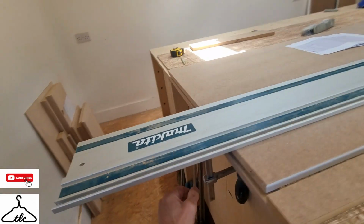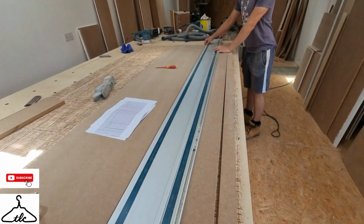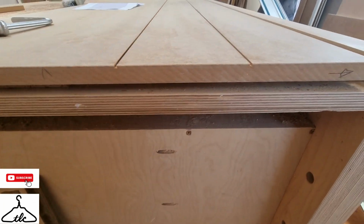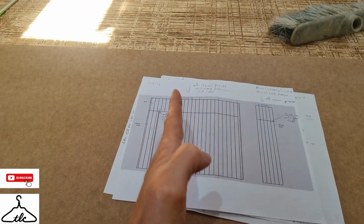So, all right, let's unclamp this, and then we'll be moving on to the next one. And let's see what we've got so far. Not too bad. That's what we got from the edge. So we do have these lines going on as well, but once we've done all these vertical lines, we're going